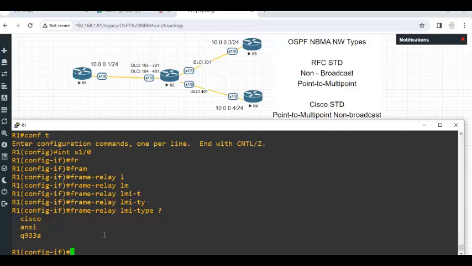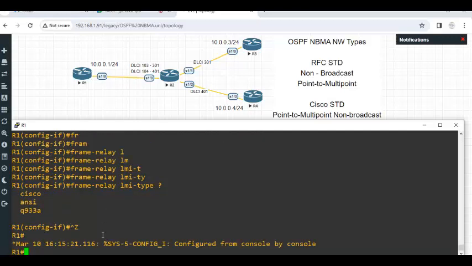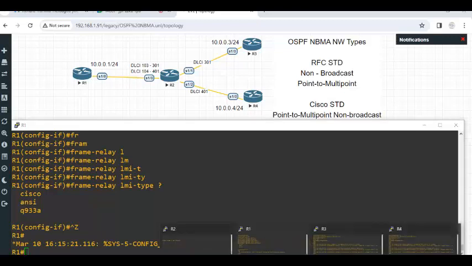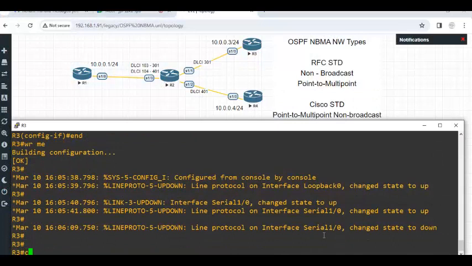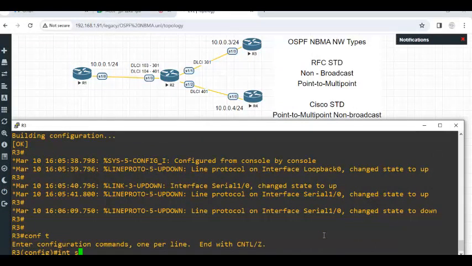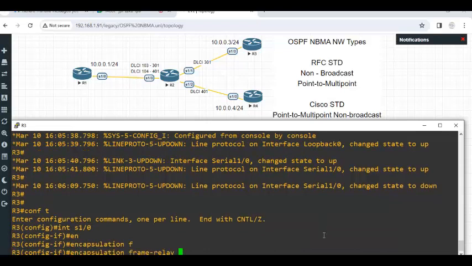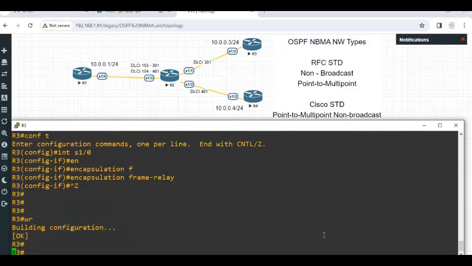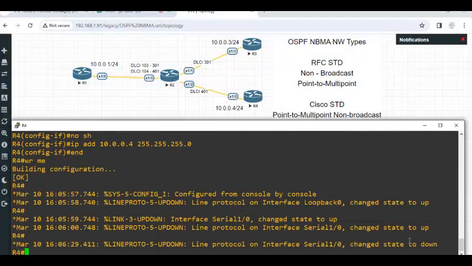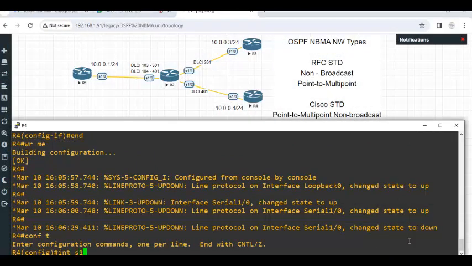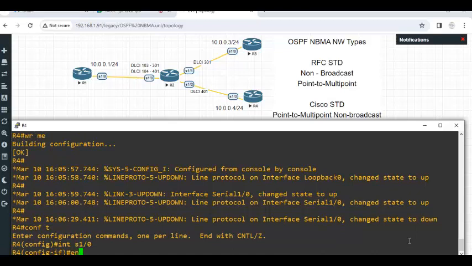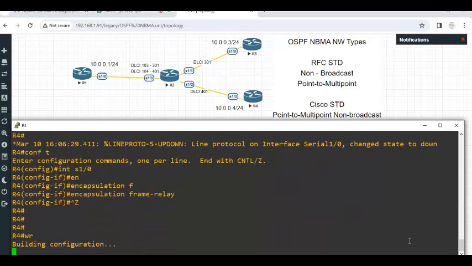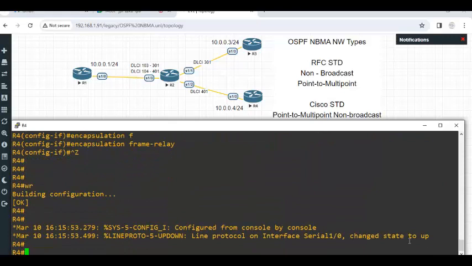Okay, now I showed you frame relay enabled on this interface. Let us go and enable frame relay on the other two routers. Interface serial 1/0 encapsulation frame relay. Likewise, go to R4. Interface serial 1/0 encapsulation frame relay. Now frame relay is running on all the three routers,